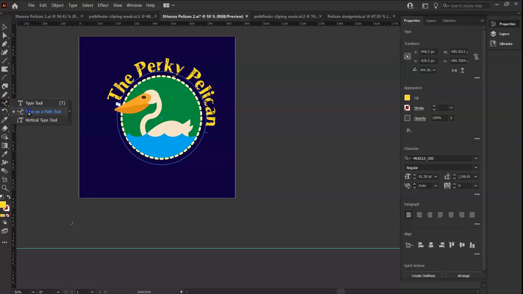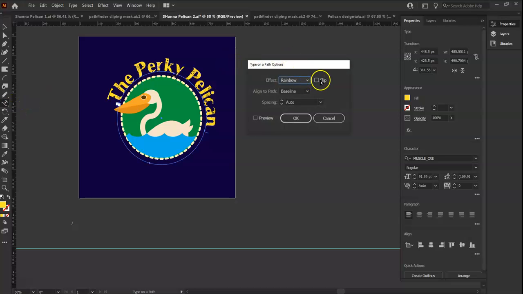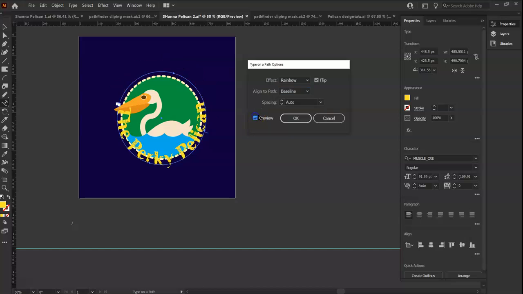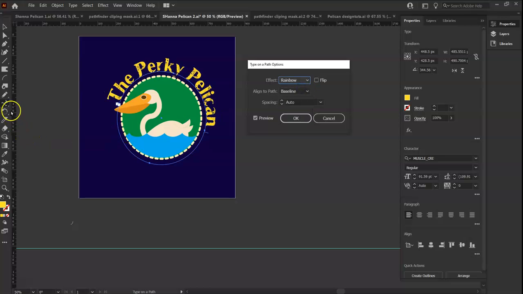Now if I go back over here to my type on a path, I can double click and I can get some options. I can choose a different effect. I can do a flip, and I can also decide if I want to align it to the baseline, to the ascender, or the descender. See, so that's flipping. That's with the rainbow. I could do a 3D ribbon. So you have a lot of different options available to you. And again, you can get to those by double clicking right there where you have your type on a path